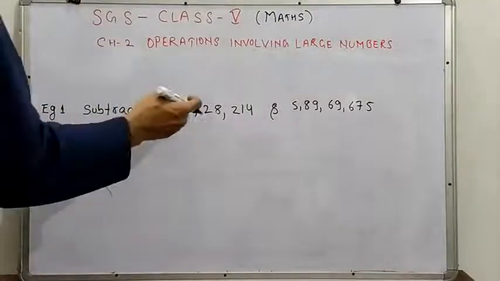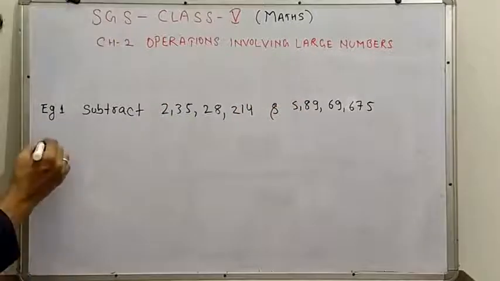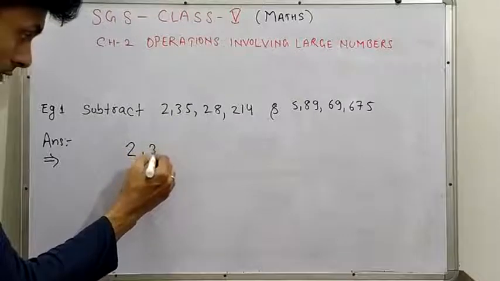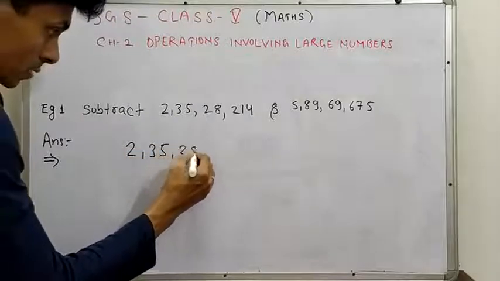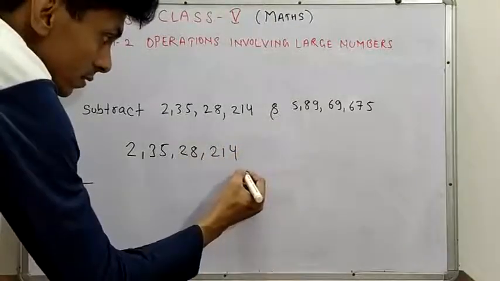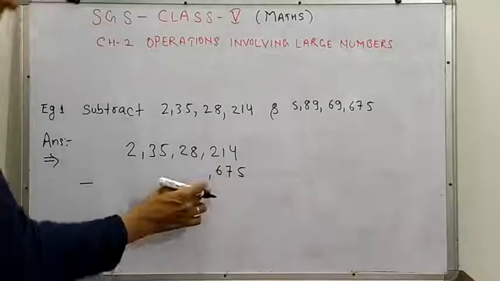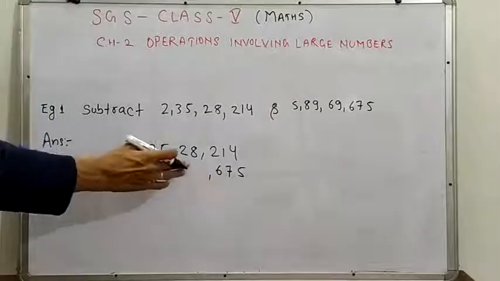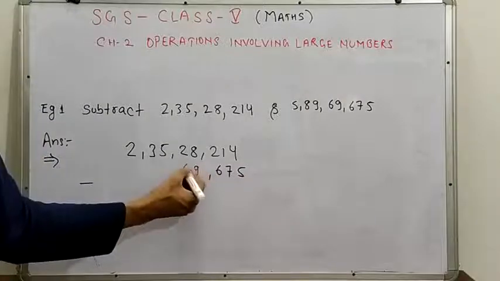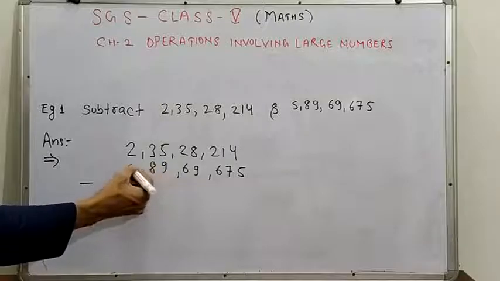That means we have to subtract the second number from the first one. Okay, how can we solve it? First we have to write down the digits sequence-wise, then we write down the next number sequence-wise by placing its digits as well as its periods also. Okay, 9 6 then 9 8 and then 5.